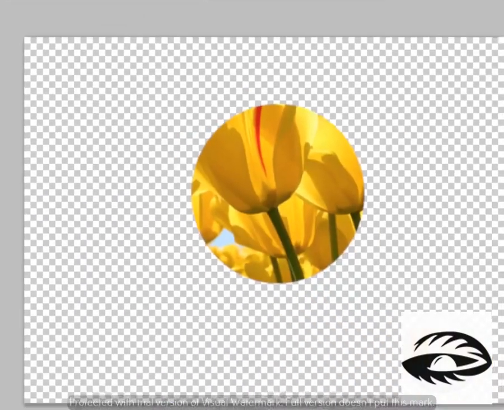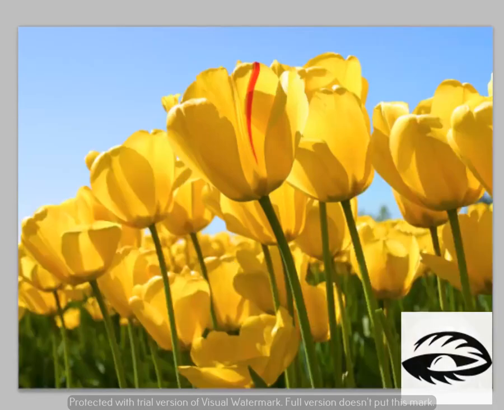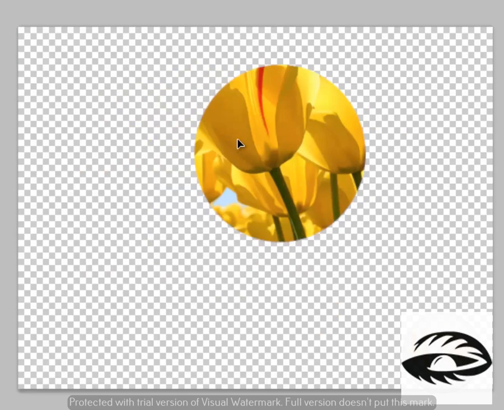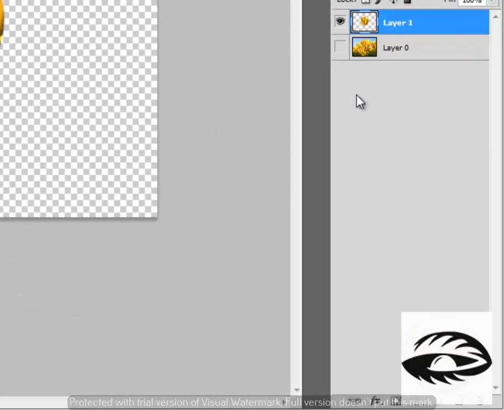And as you can see, this area has been pasted exactly where the selected area was. You can select the move tool and move this area as you like, and then you can cut any part of the image like this and use it as per your need. Now let's just delete this layer.